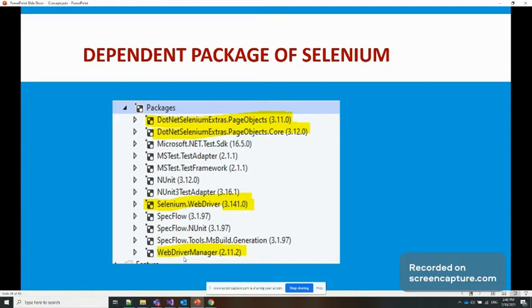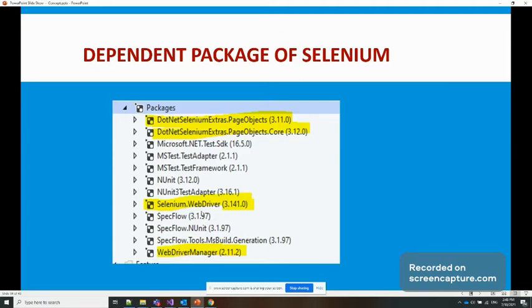During Selenium automation, we download a driver related to Chrome, Firefox or any other browser, then give the path, and that driver opens the browser through which we execute our scenario. WebDriver Manager provides this for us, so we do not need to download any driver. It is taken care of automatically by this package, which is why I use it.